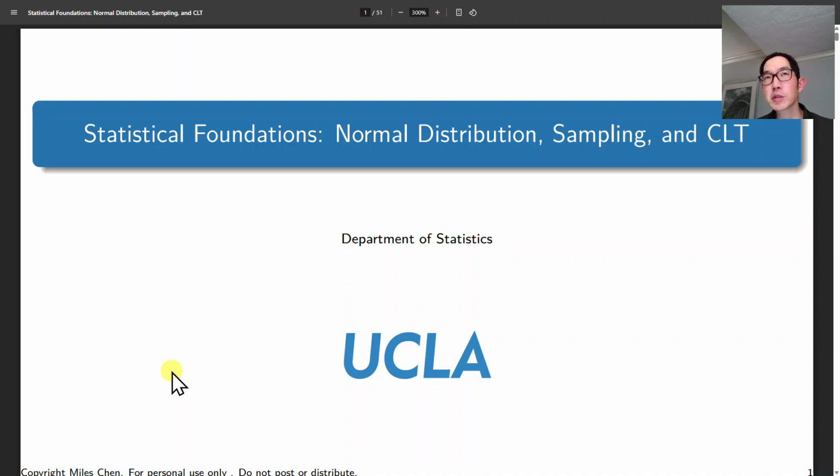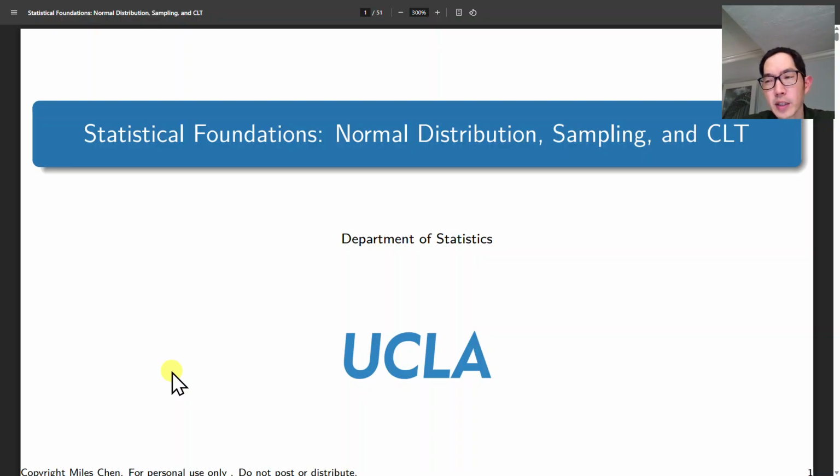I also introduced a couple statistical tests like the t-test and the proportion test, which allow us to distinguish between actual phenomena and random flukes. Now I wanted to take a little bit of time on talking about some of the theory behind those statistical tests. And so we're going to have to cover